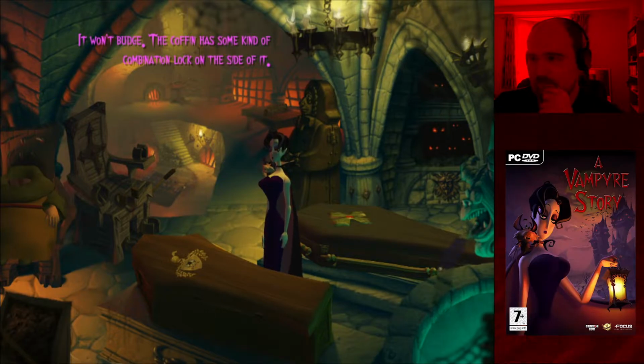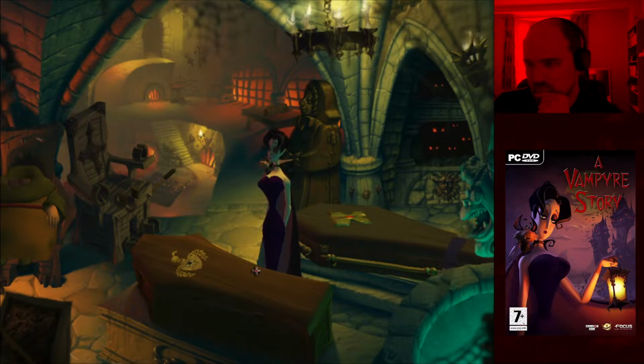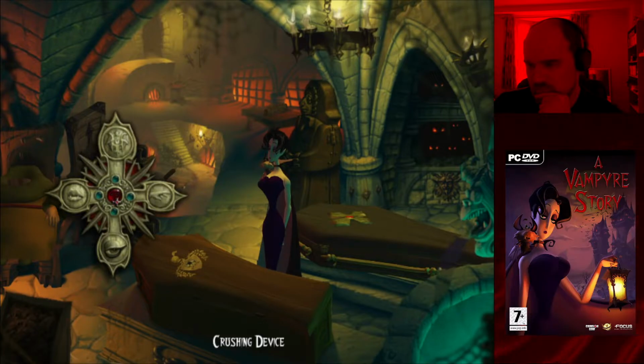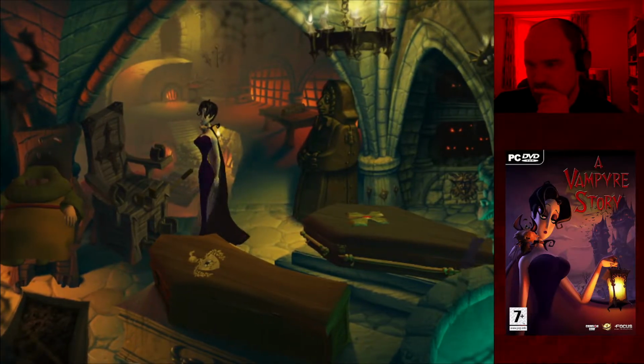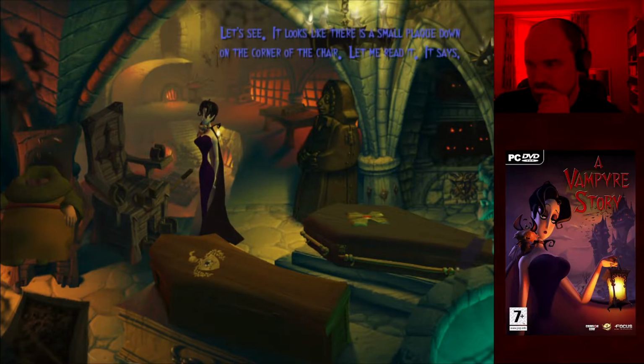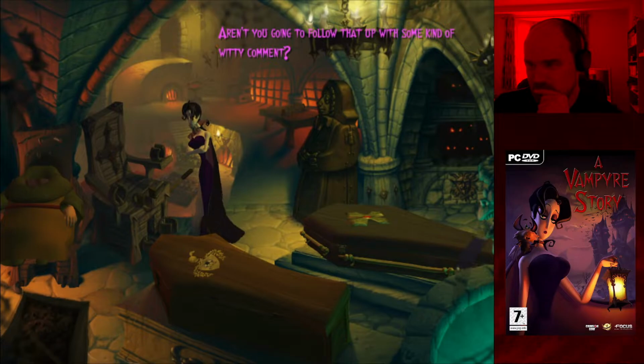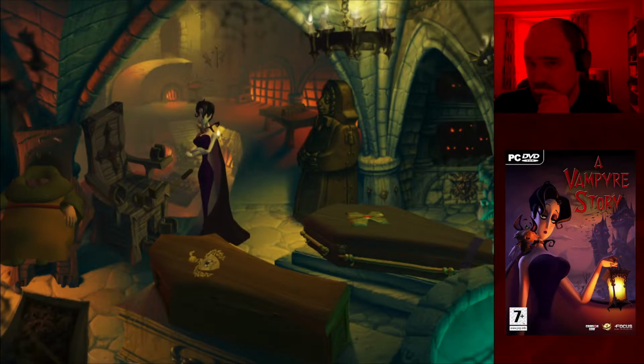The coffin has some kind of combination lock on the side of it. What is that thing? Let me see. It looks like there's a small plaque down on the corner of the chair. Let me read it. It says, Acme Groin Crusher. Aren't you going to follow that up with some kind of witty comment? Mona, there are some things you simply do not joke about.